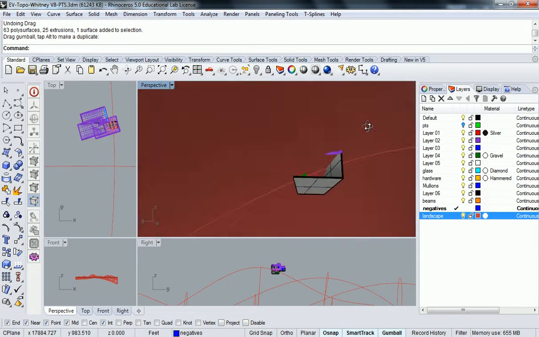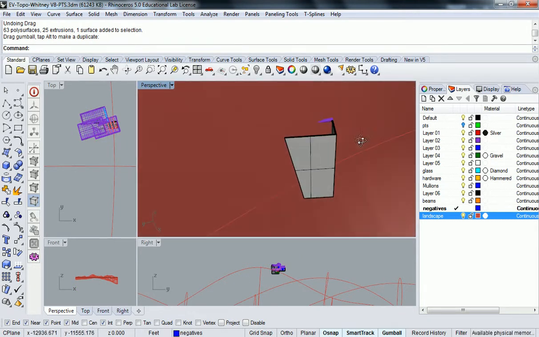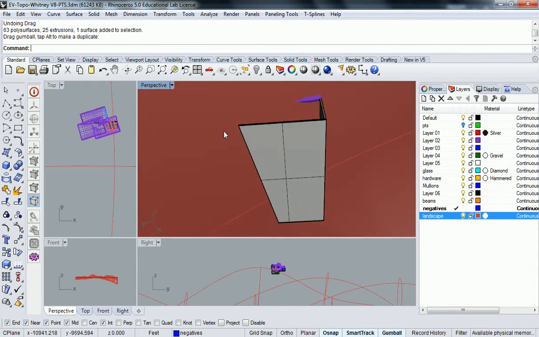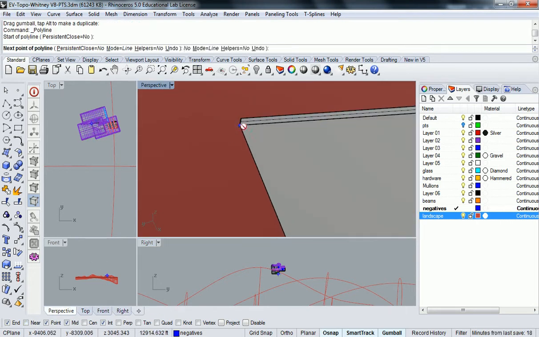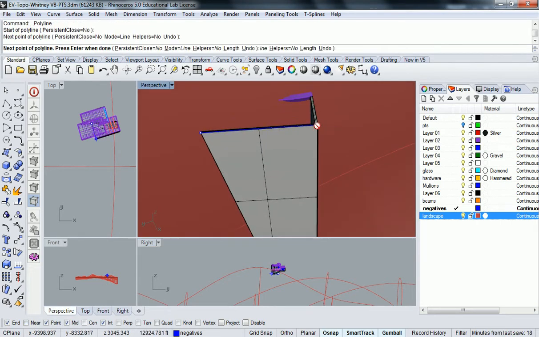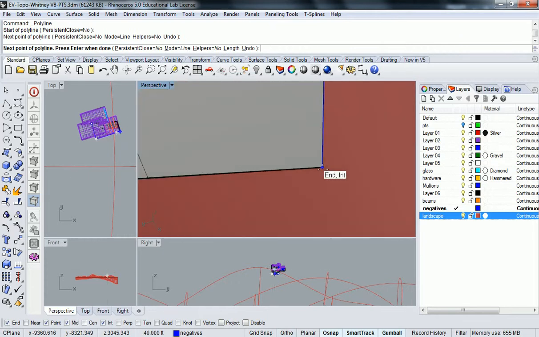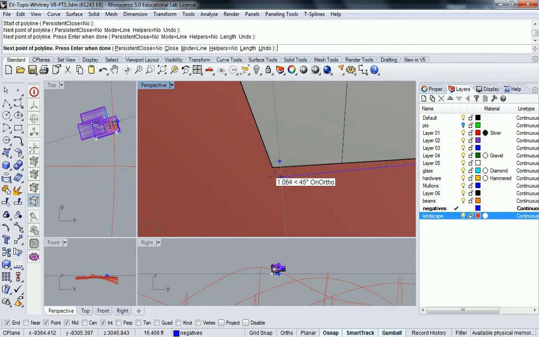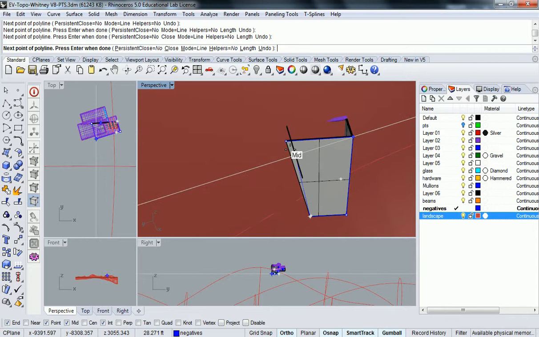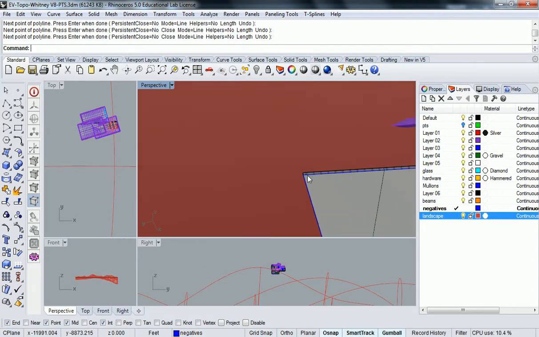It'll help me with construction costs. Okay, so my negative is going to be a profile curve. Let me turn near off. And it's going to go around this whole bottom face. Make sure that you're very careful to keep it as a planar curve. I guess it doesn't really matter if it's super planar, but